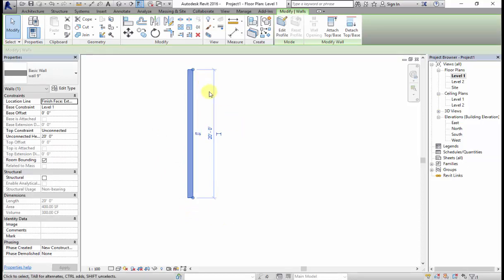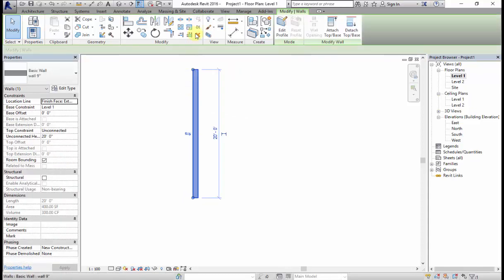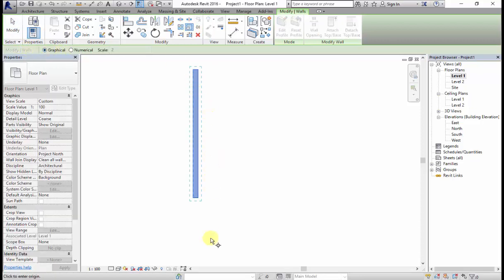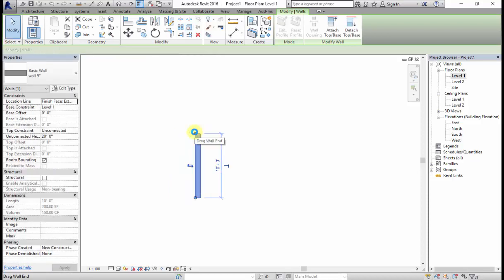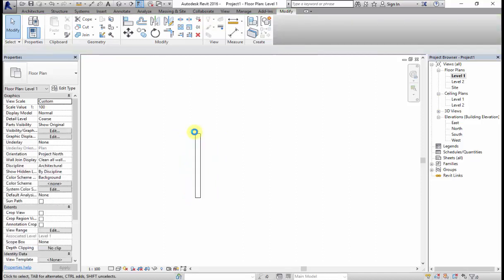For graphical, select the wall, click on scale, select the first base point, select the second base point, and you can scale it up by giving whatever value you need. For example, if you want to keep it up to 10 feet, you can keep it 10 feet away. So you can use graphical or numerical, any one as per your requirement.